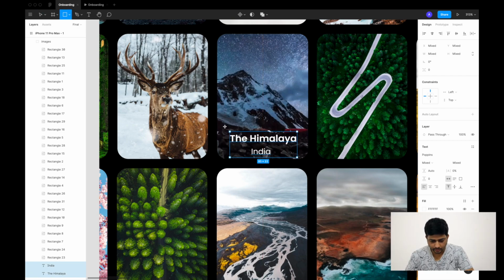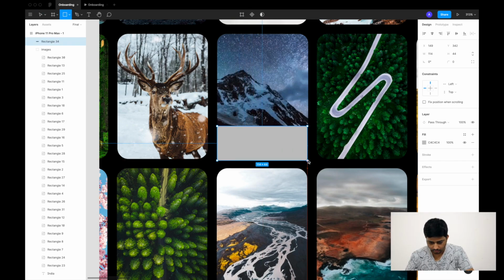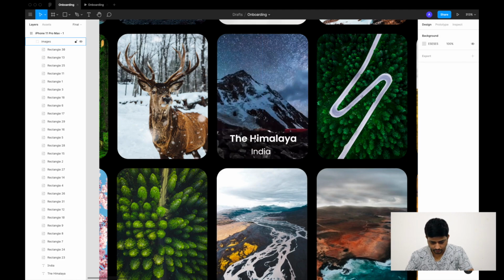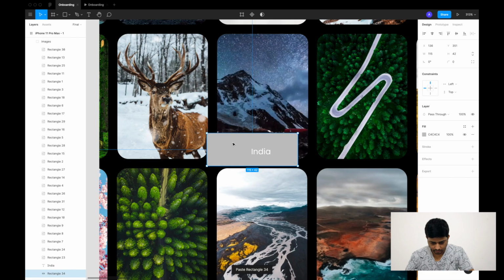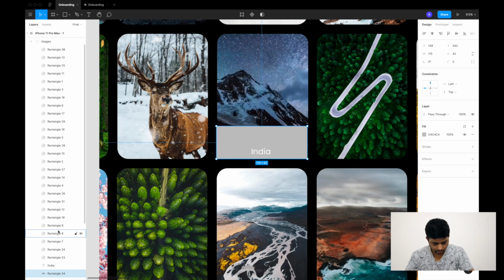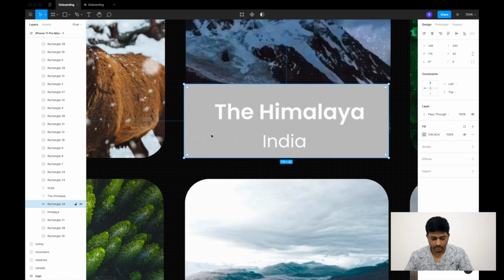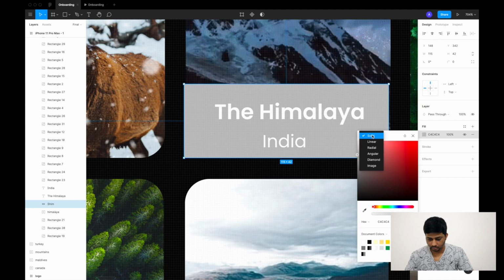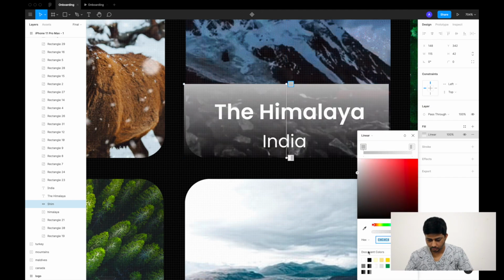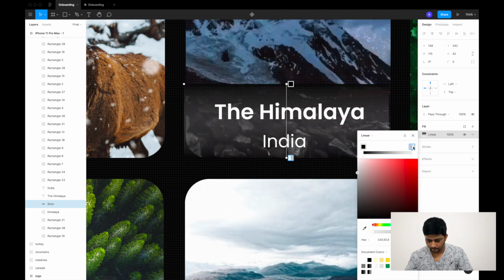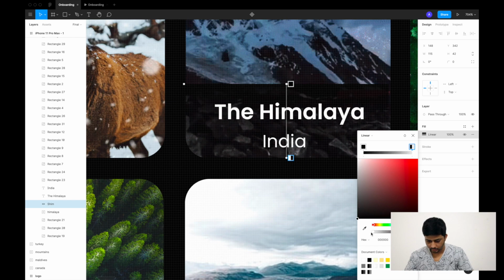And we also want to add a little bit of shim to this, so that this text is readable all the time. So I'll just come here and place it here. Okay, and so guys, right now what we also want is in this shim, we'll just rename it to shim and change it to, let's say, some linear opacity to black. To black and zero opacity.